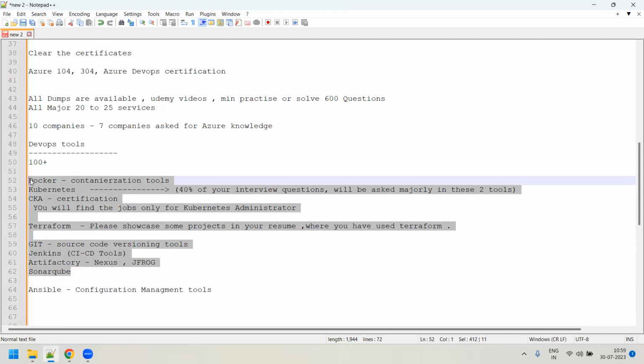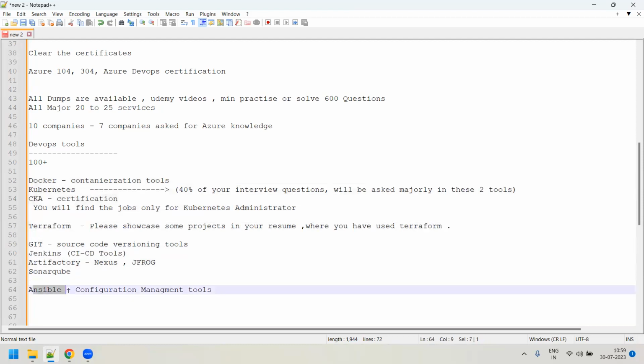Now the next thing, sir, what are the other things I need to know? Sir, you need to know Ansible also. To what extent should I know? Sir, I don't expect very in-depth knowledge of Ansible, but you should at least be able to write basic playbook files. Suppose a question is asked in an interview in Ansible: can you write a playbook file?